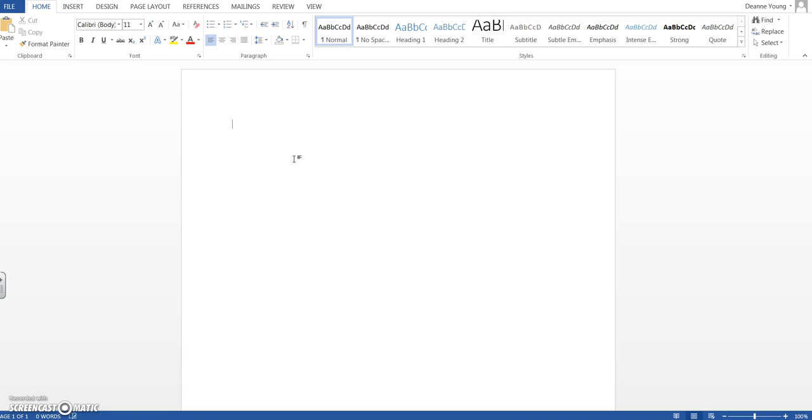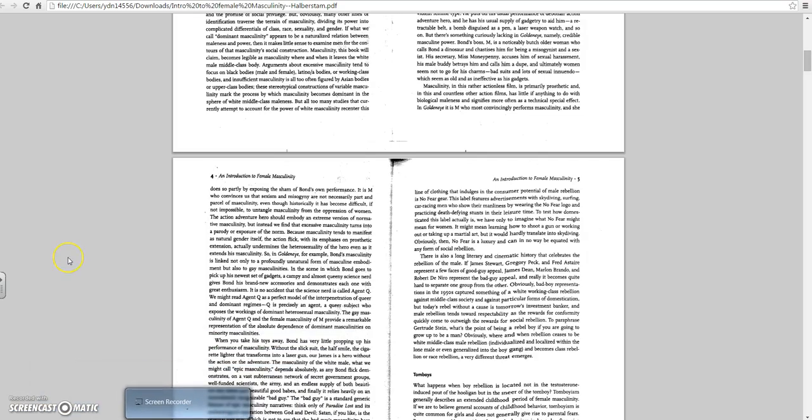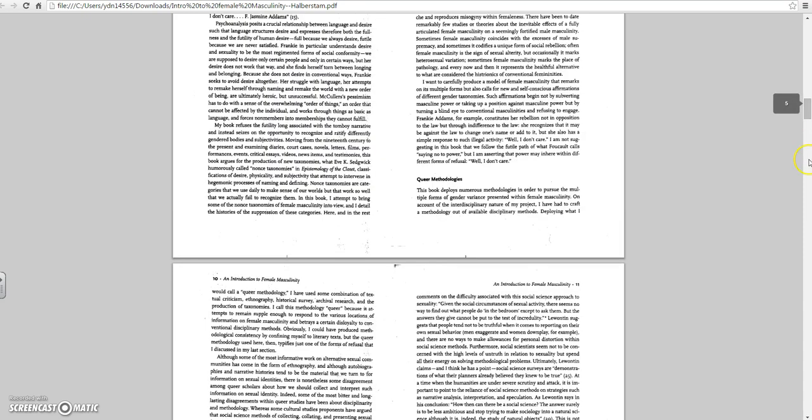To look up the MLA format, to refresh my memory, I would just go to Google and look up pictures of MLA format, pictures of how to do it, because I'm more visual, with someone actually showing me, rather than reading information about how to write a paper. I'd rather look at a picture. So I'd go to Google and look up how to do MLA, which I already know, but just to refresh my memory, all that. So anyway, I would then